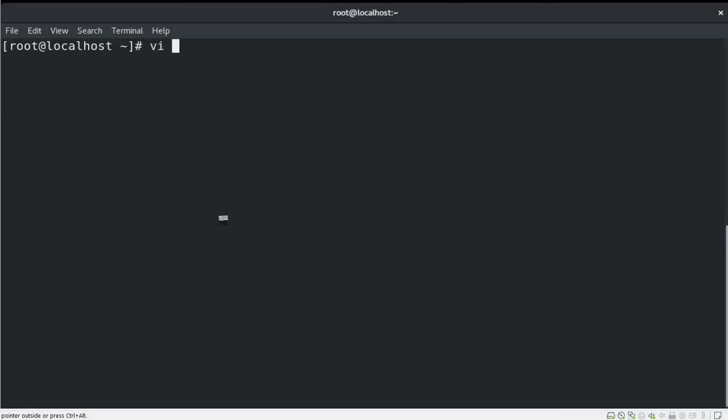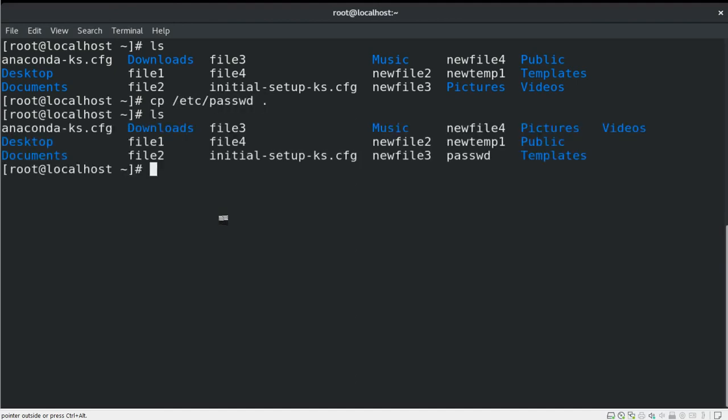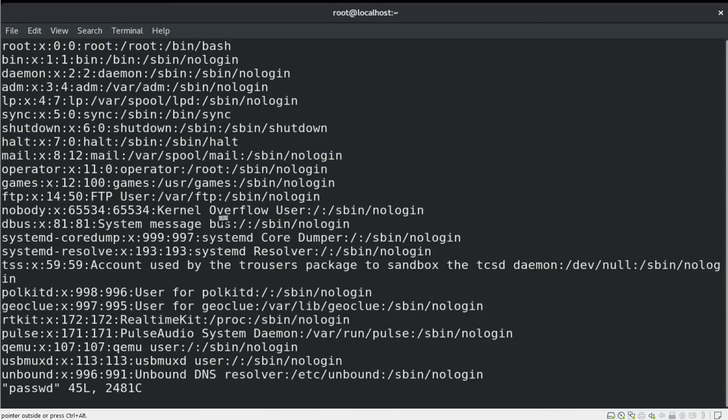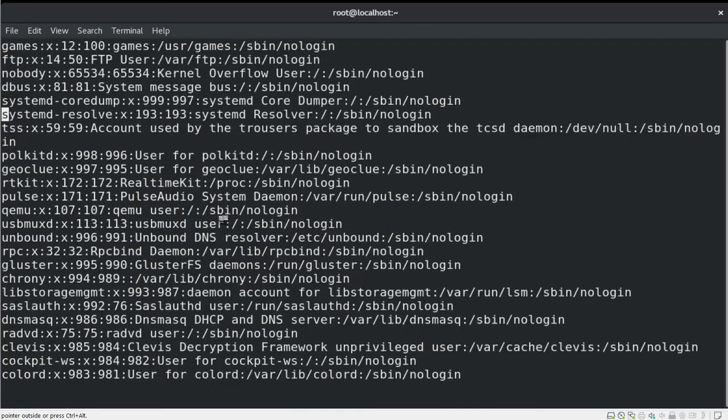Now when you use vi on any file, let me check any file here. Let me copy, let's say, /etc/passwd to the current location, and let's edit. Make sure you do not modify the system files. Instead, you can copy it and play with it. Now I just open the passwd file using vi, and we can check the content of the file.